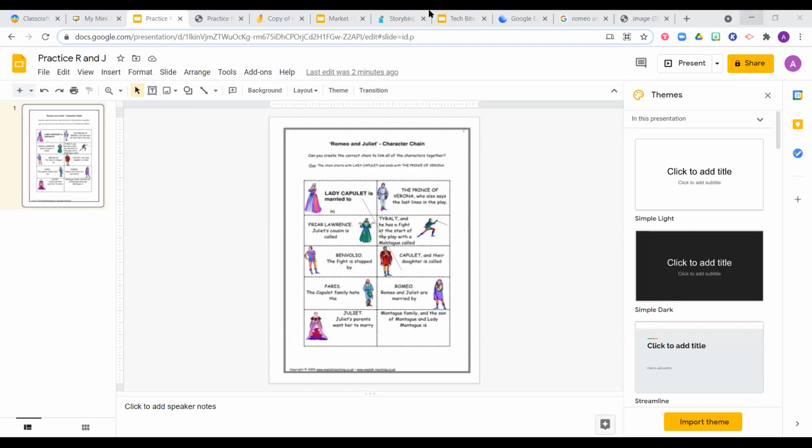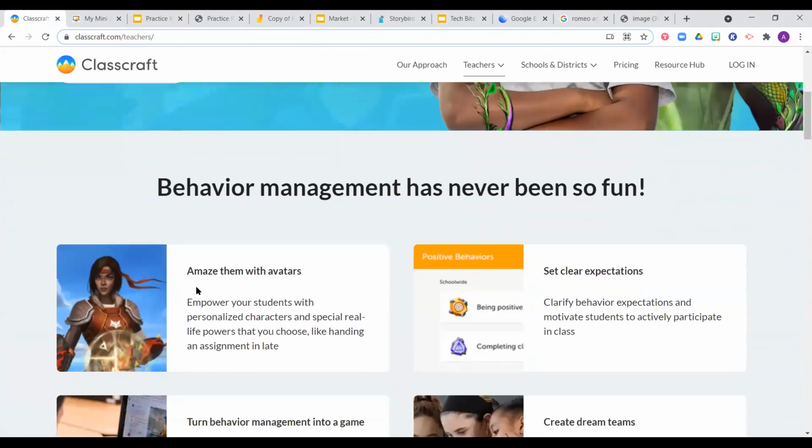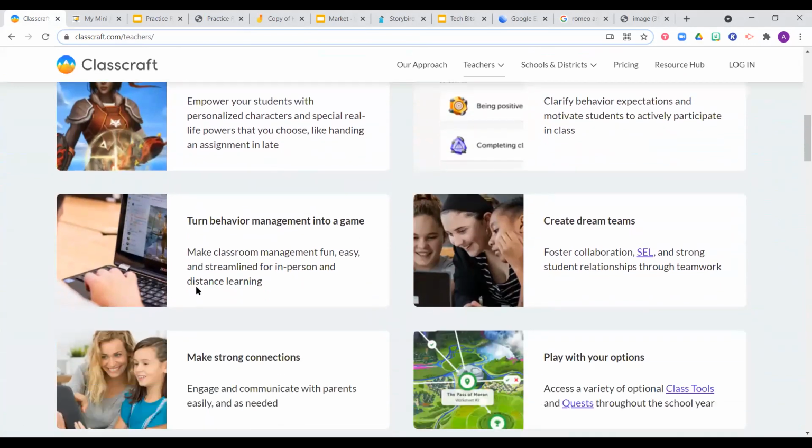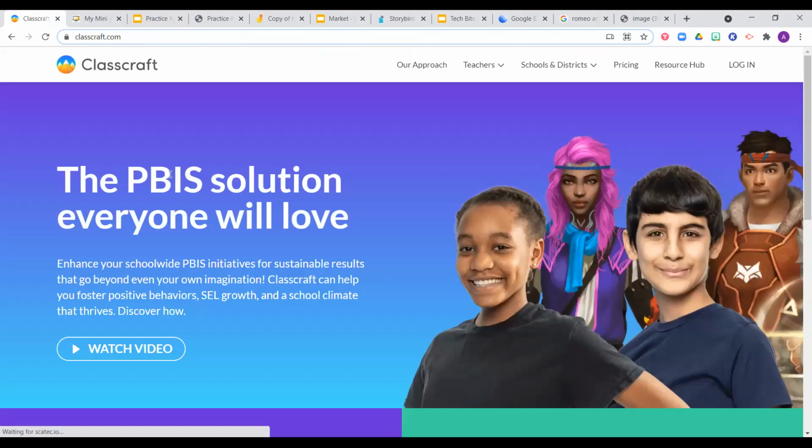So I was just going to show you really quickly, if you are interested in Classcraft, you just go to classcraft.com and you'll click that you're a teacher. And this is that gamification one that I was mentioning. And it is really a neat program. I wish that I had known about this